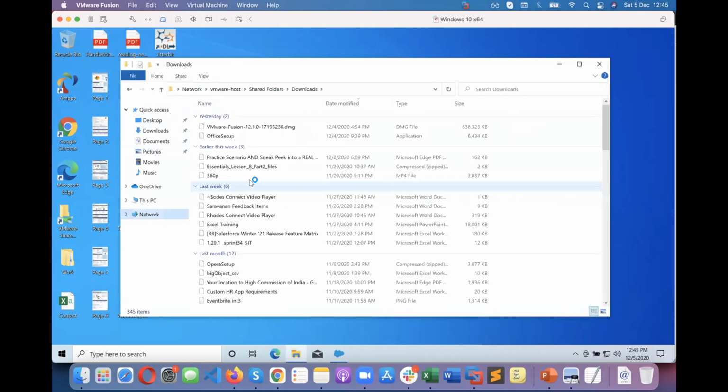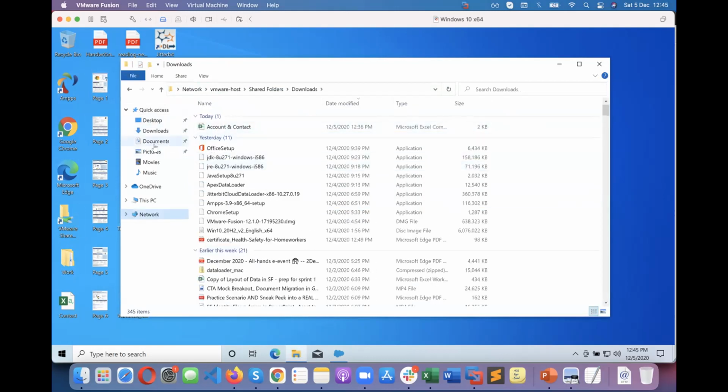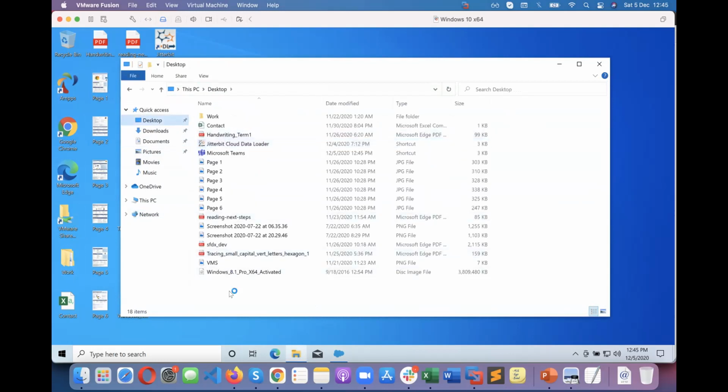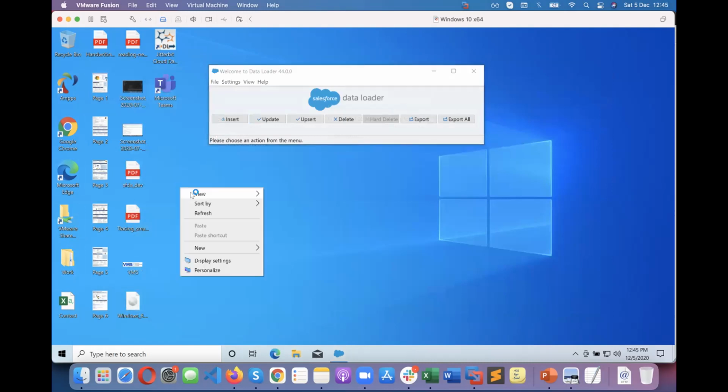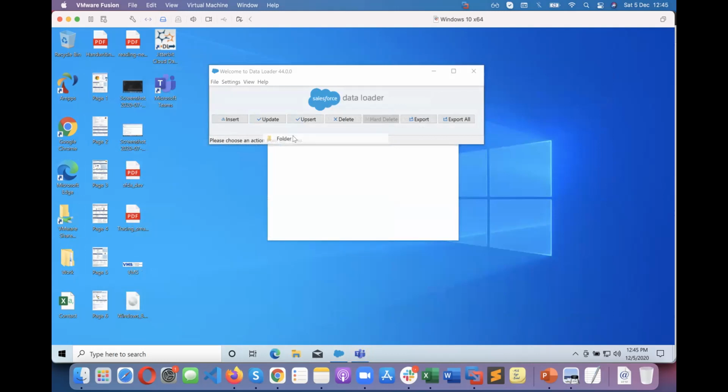What I will do is create a new folder over here, coming from my desktop. I will create one folder here to perform this, just for the log. New folder, which is log, Salesforce. Inside the Salesforce folder, we can play around with it.